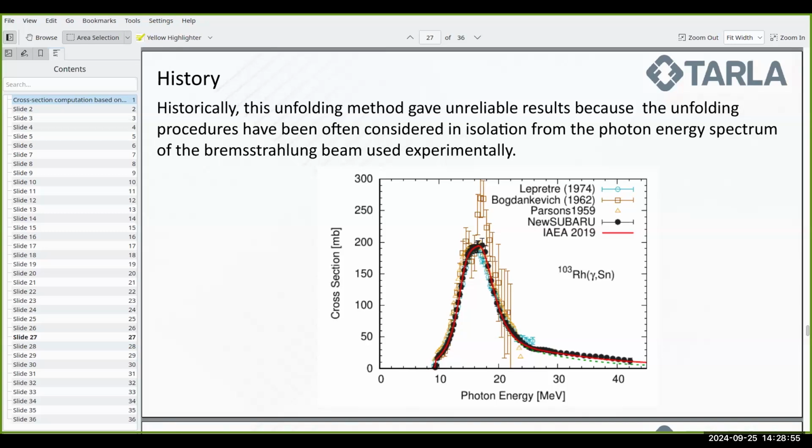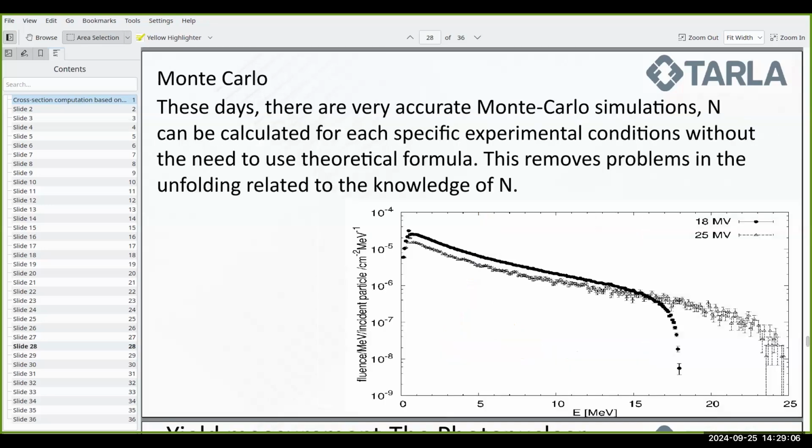This difficulty is something that is more easily solvable nowadays, because we can do a better calculation of the spectra. The spectra that I showed you earlier come from a Monte Carlo simulation. Here, instead of making an analytic approximation to the spectrum, we can actually do a simulation and take into account geometry, and not just the geometry of the targets, but the geometry of even the surrounding materials, and have a much more accurate